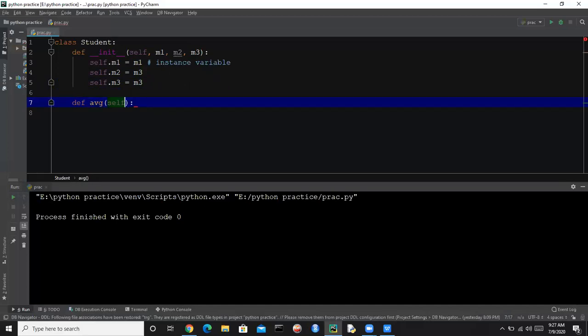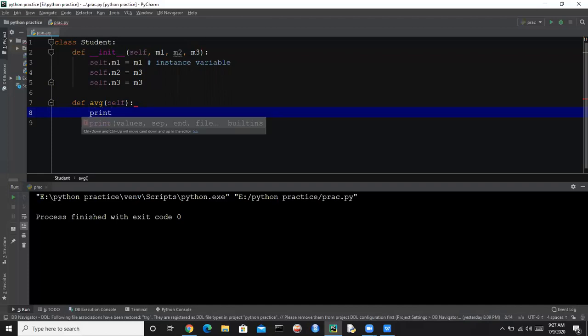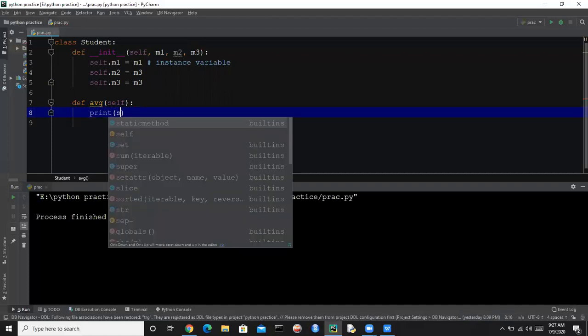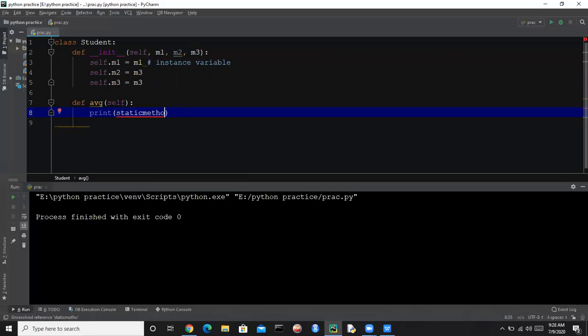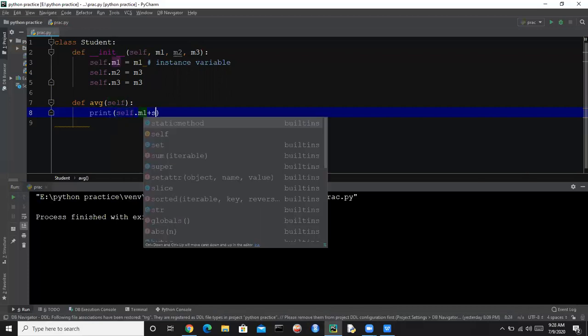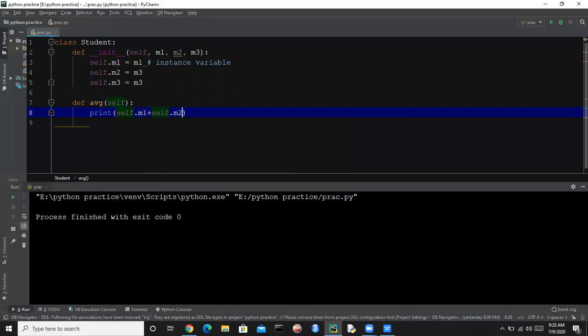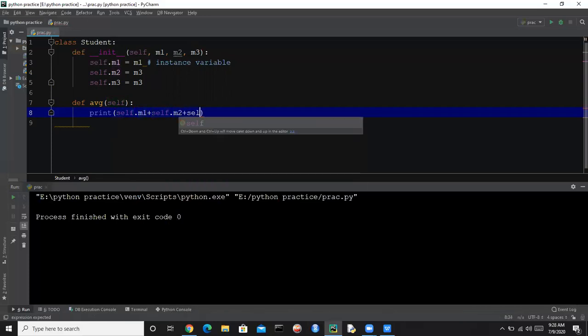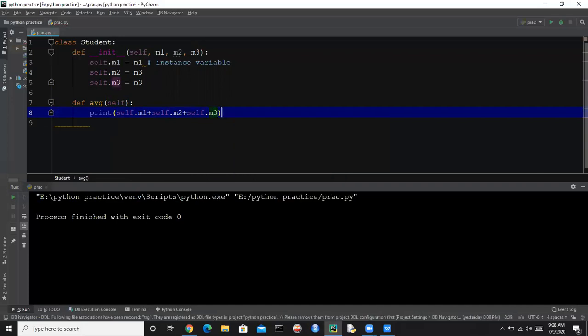So let's say average is self dot m1, self dot m2, and self dot m3, and we will calculate this by dividing by 3.